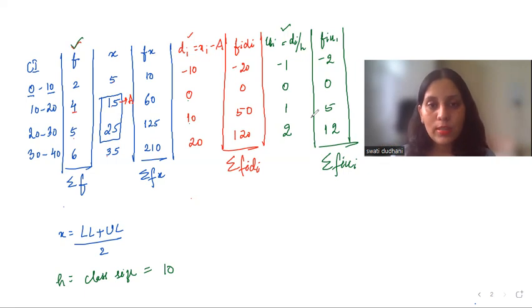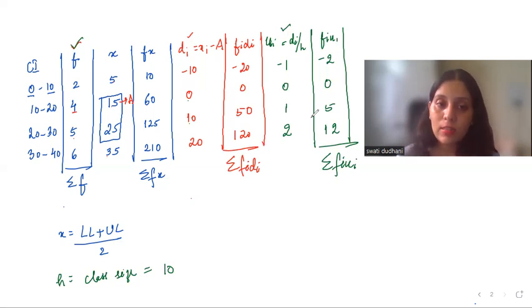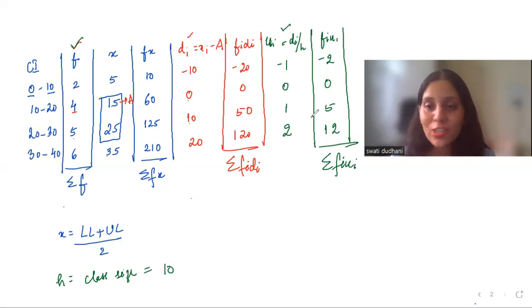The numbers are really small in the step deviation method. So I've seen many students opt for the direct method. They think the direct method is easier, but calculation mistakes also happen so often in the direct method. So if someone asks me what is easier, I would say it is the step deviation method. It takes little time, but you can be sure about your calculations. And in statistics to score, calculations are very, very important. It's very easy to score those 7 marks if you have calculated properly, because it hardly has like 4 to 5 formulas in the whole chapter.